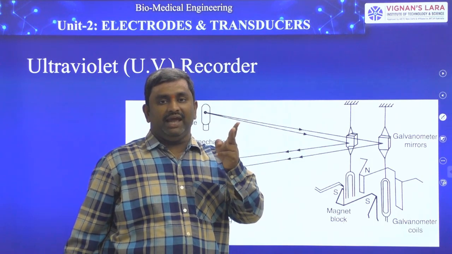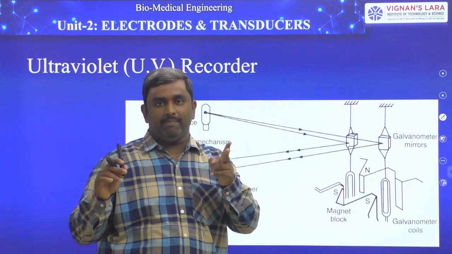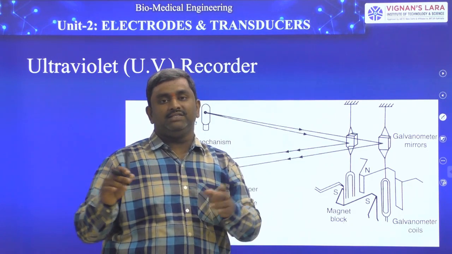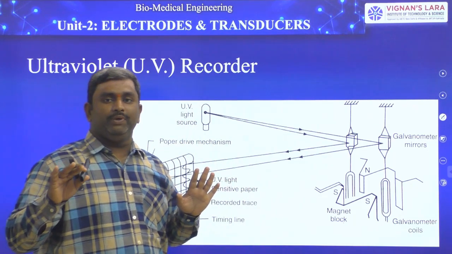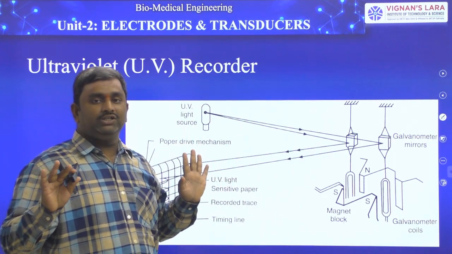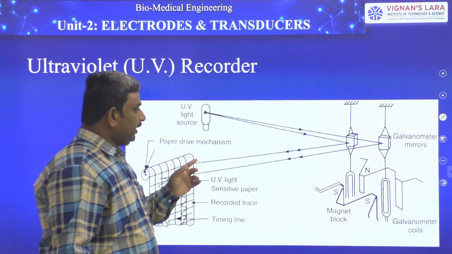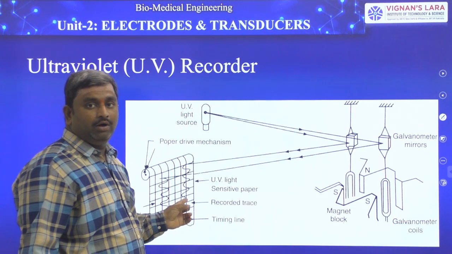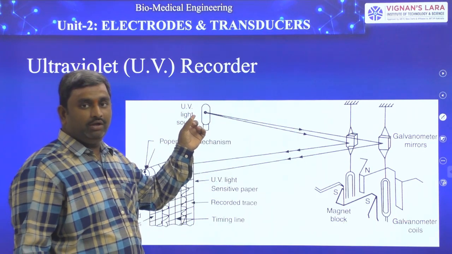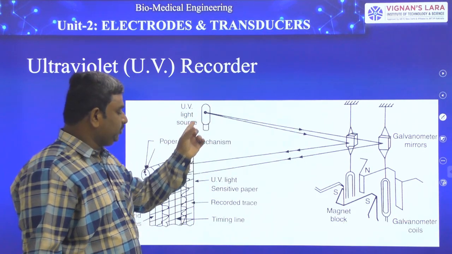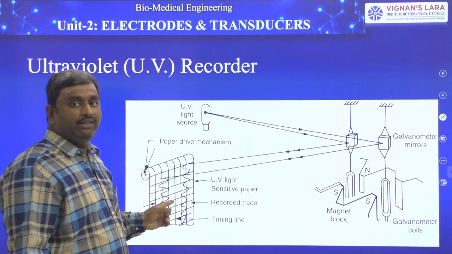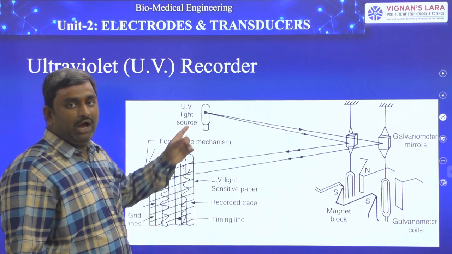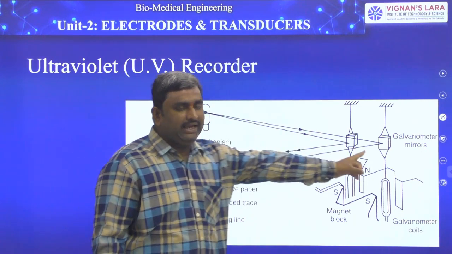Whenever the light reaches the UV sensitive paper, the complete area at that place is going to be dark. So this UV light information I am transmitting from here onto the graph paper through the galvanometric